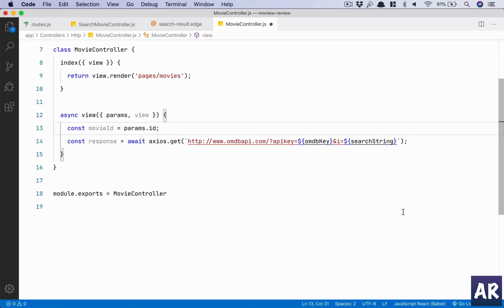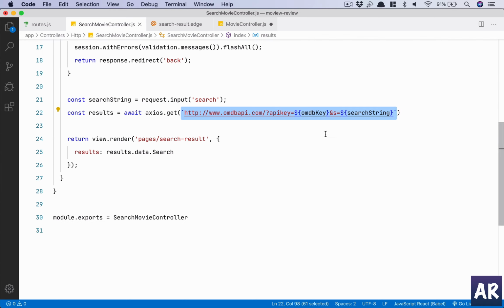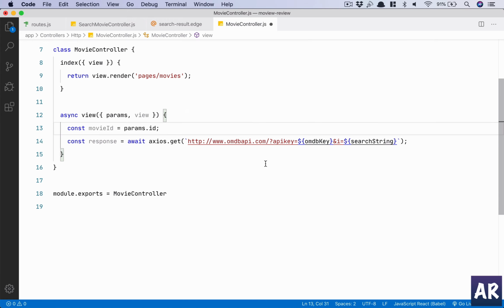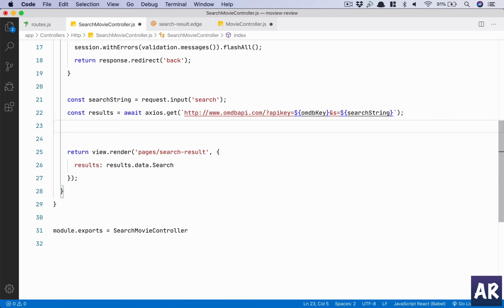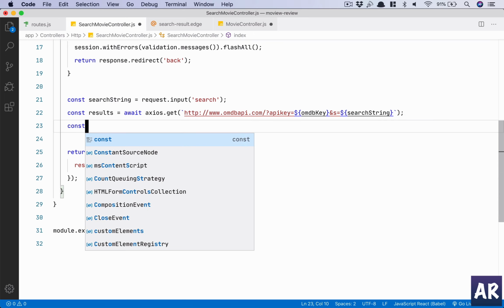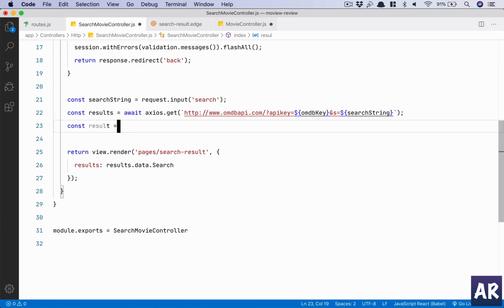We will have to make maybe an OMDB service where we have two functions. One is giving me the search result, and one is giving me the movie data based on the ID and based on the search string. So yes, we will make that refactor later on, but right now let's just concentrate on